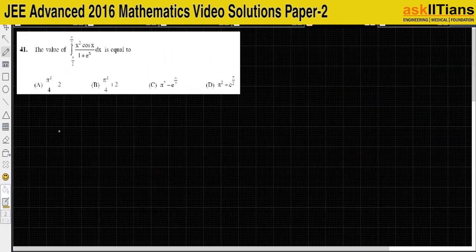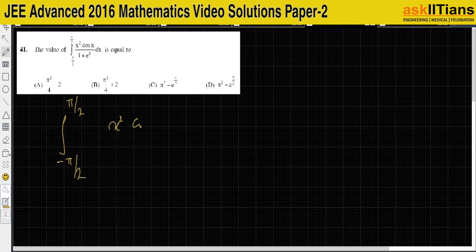Let's move on to question number 41. Here the options are not visible clearly, but that's not required. What are the options? This is minus pi by 2 to pi by 2. So this is a definite integration question. So obviously we have to use the properties